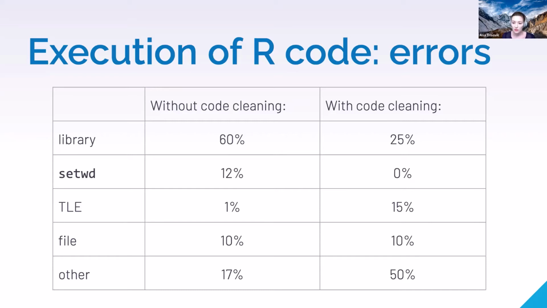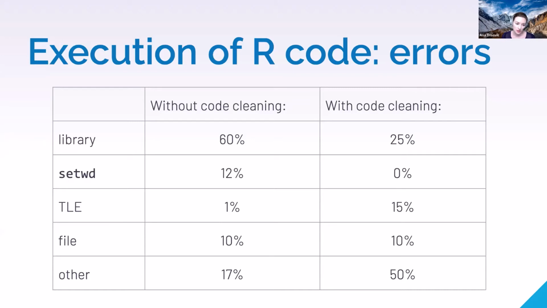With code cleaning, we really see an improvement in the libraries. From 60%, now libraries crash 25% of the time. And that is because our programming language is actually not backward compatible. So the things that work with this version of R did not work for the other versions of R, which means that in this 25%, maybe the R programming language would be older or newer, or simply the library could not have been installed.